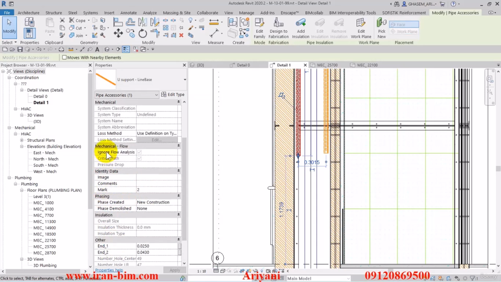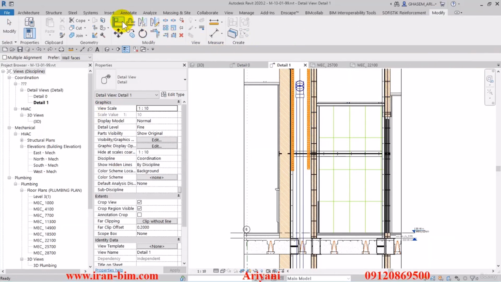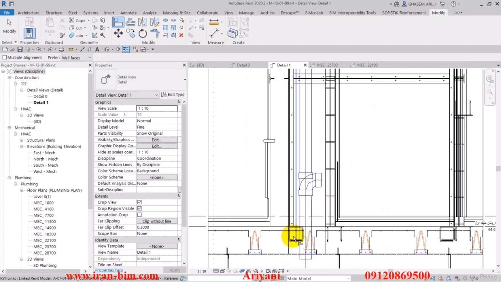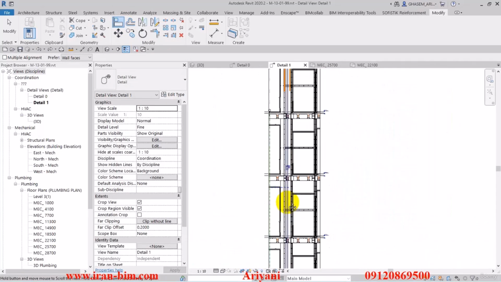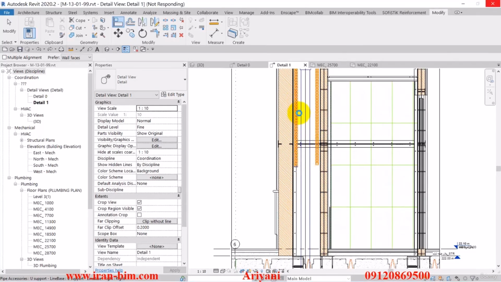So in order to demonstrate this, let's just assume that we need to extend this all the way to the bottom. So we can select the align tool and then go all the way down here and click right here. So we align it to the level below, and then we go all the way here and we click right on this piece. Now because this is face-based, it continues it and then it adds the slots to it in perfect proportions as well. Now we have a belt that we'll discuss